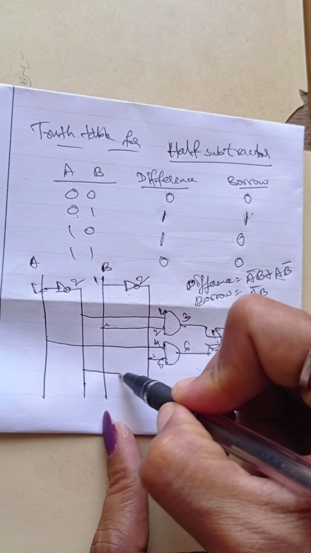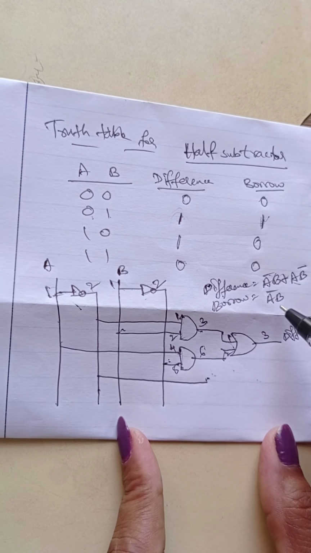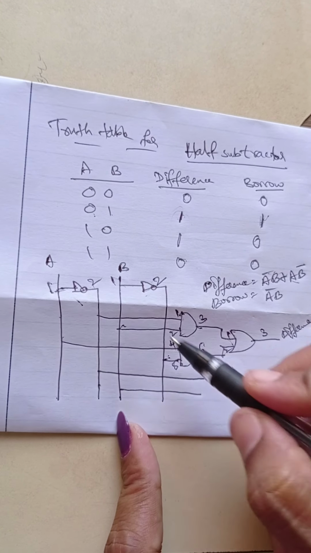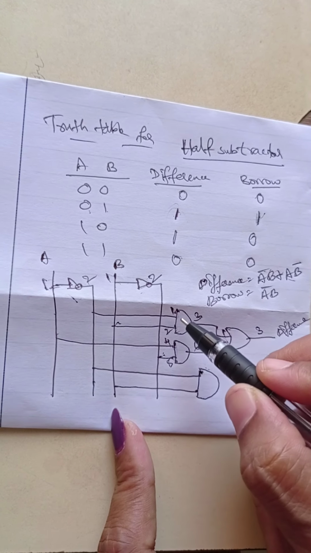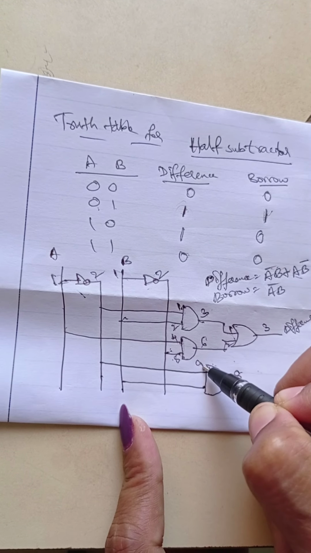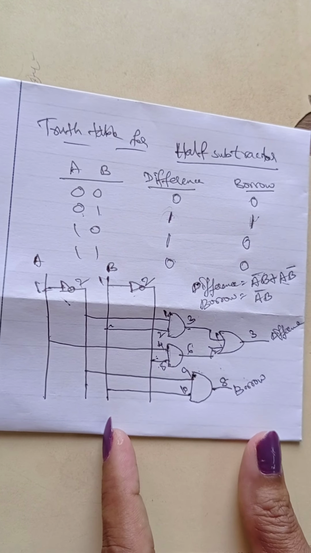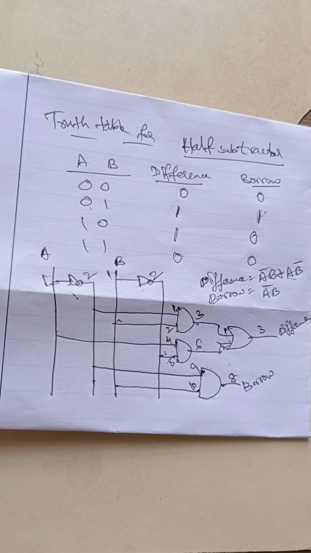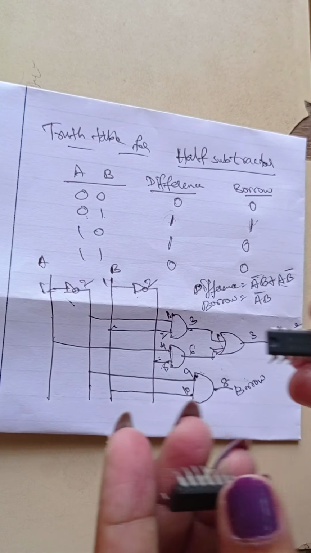Borrow: take an input from NOT gate, first pin A bar and next B, that is NOT gate input pin, and connect with AND gate. Already 1, 2, 3, 4, 5, 6 pins were used, so 8 becomes output, 9 and 10 pins. Now this is the borrow. Now we will design the circuit hardware by using NOT gate IC number 7404, AND gate 7408, OR gate 7432. Okay, these are all the ICs.